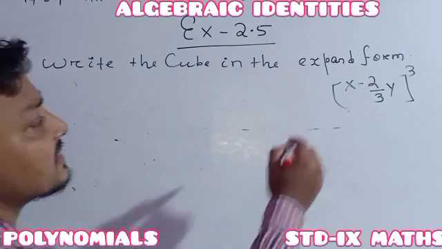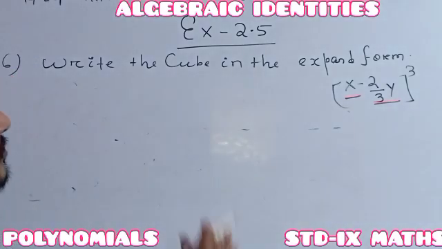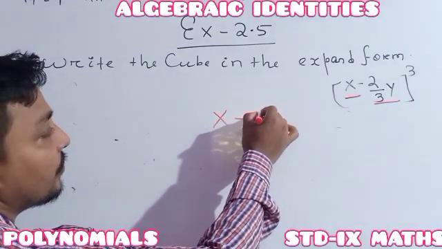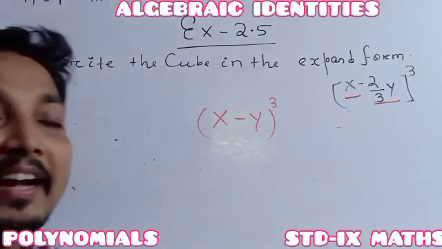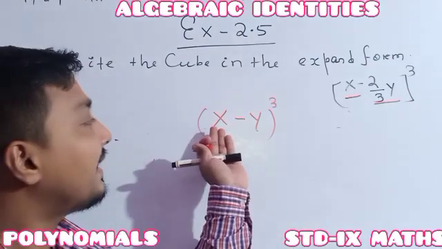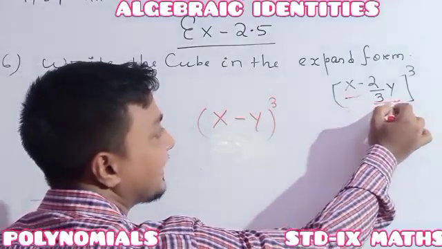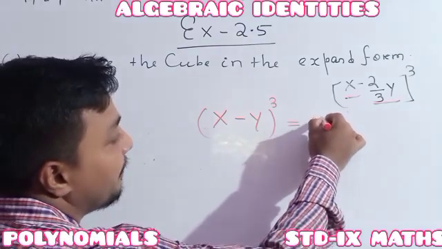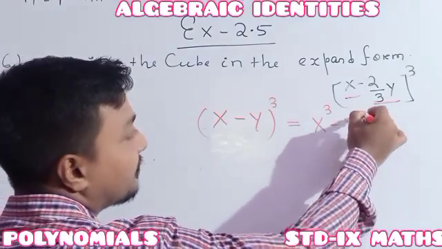See the next question, it is given that first term minus second term to the power 3. Actually it is in the form of x minus y to the power 3. One of the algebraic identities we have already learned so far. Which one? It is our x minus y whole cube. Here it is also matching first term minus second term to the power 3. And whose expansion form was said to you? See, first term to the power 3 minus second term to the power 3.